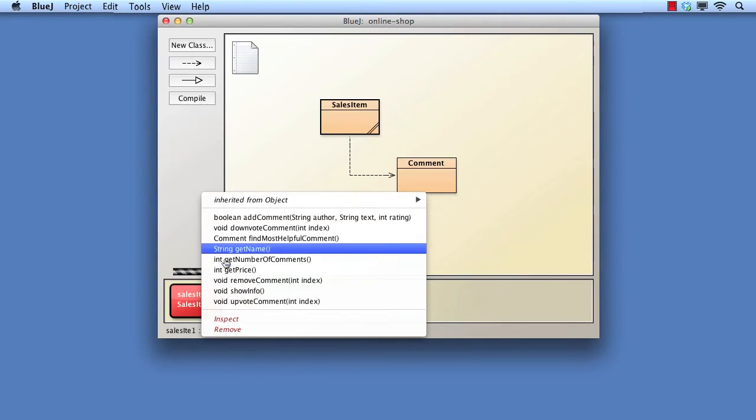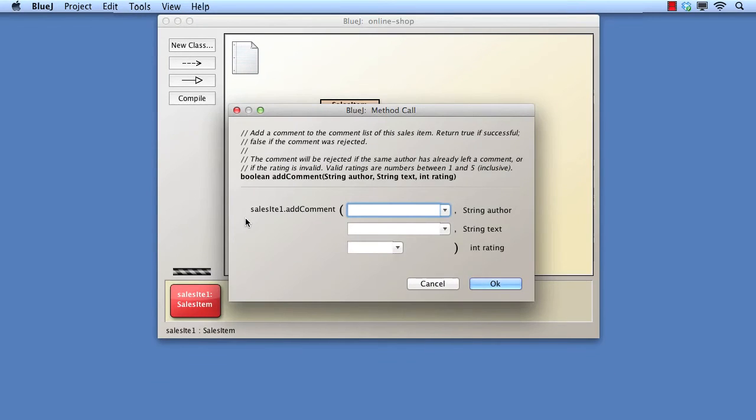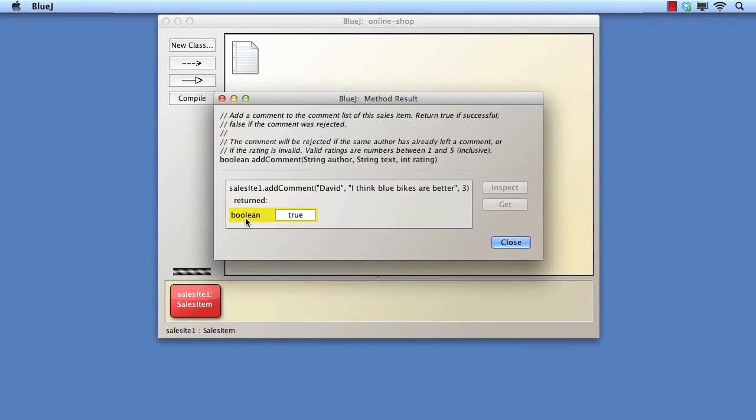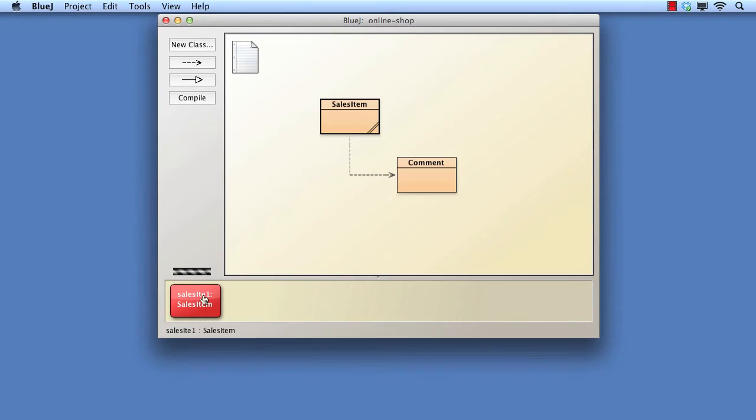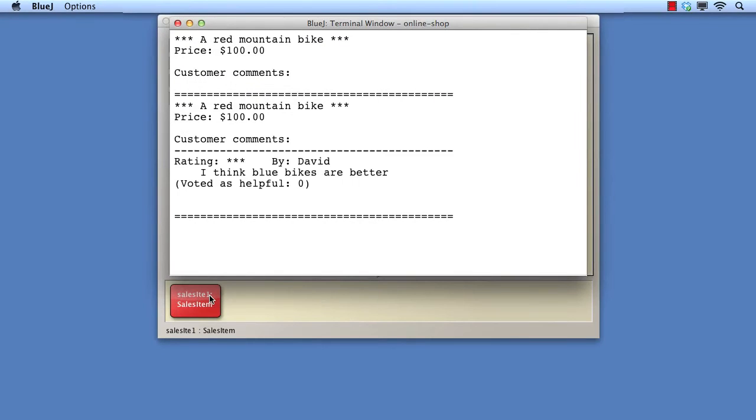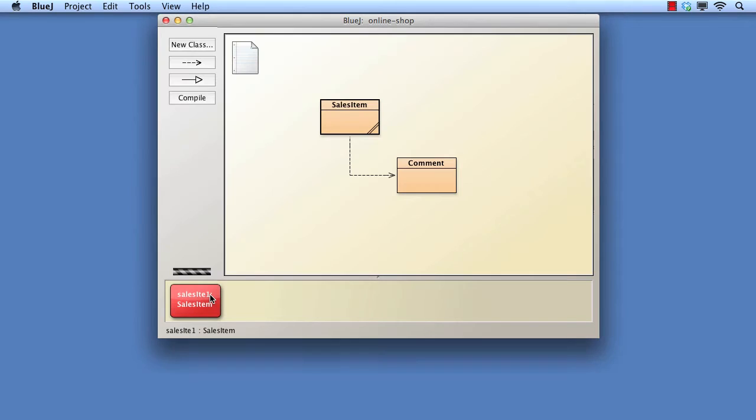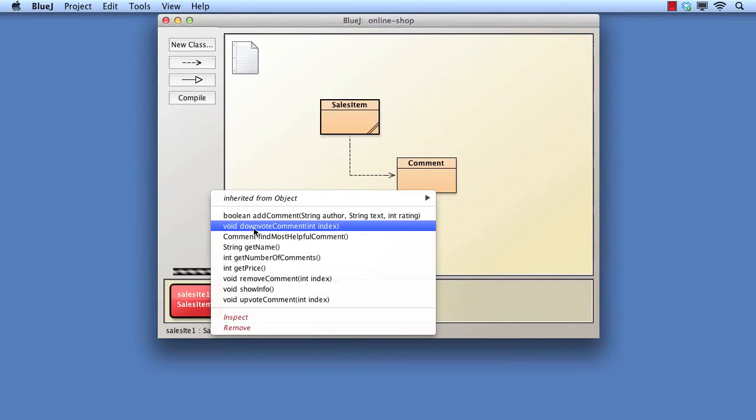We can add a comment and a rating. Another call to show info shows this has been attached. We can also add another.